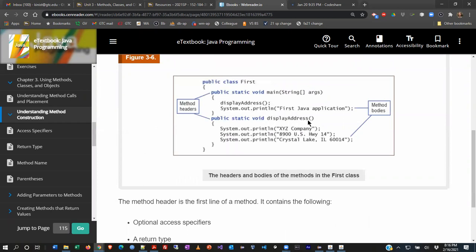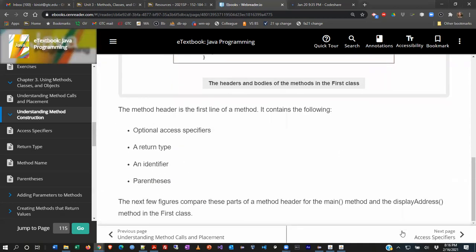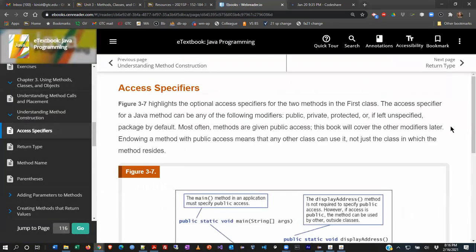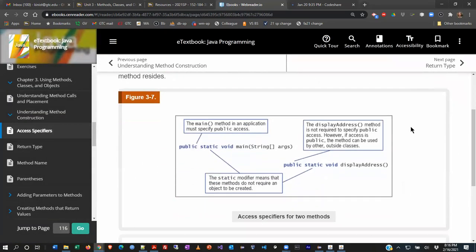Display address doesn't require it, but you could imagine that maybe if this was a customized address output thing, maybe you could feed in a piece of information here that would then feed into a variable here and it would carry forward. We'll look at that in just a little bit. Don't get too mired in that one. All right, so they go through that